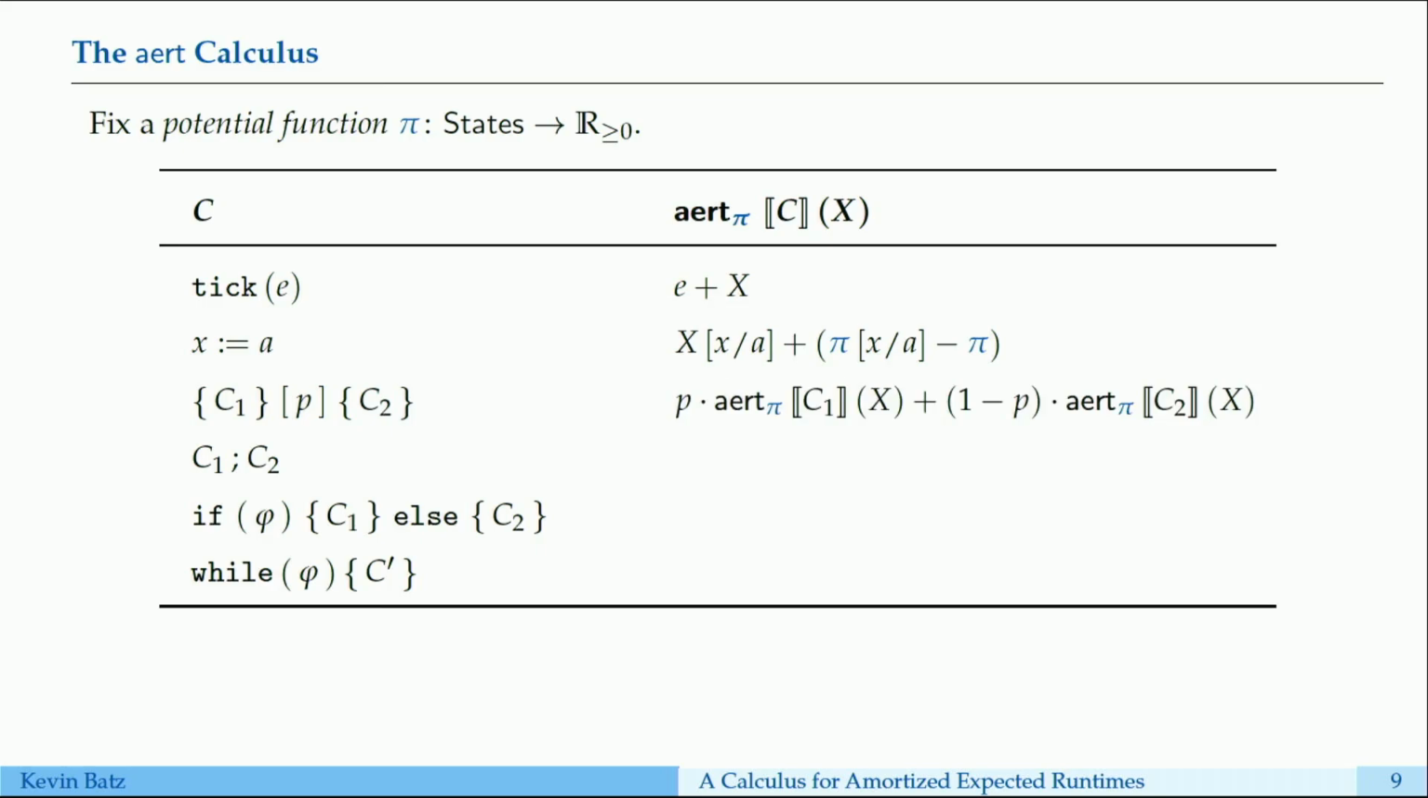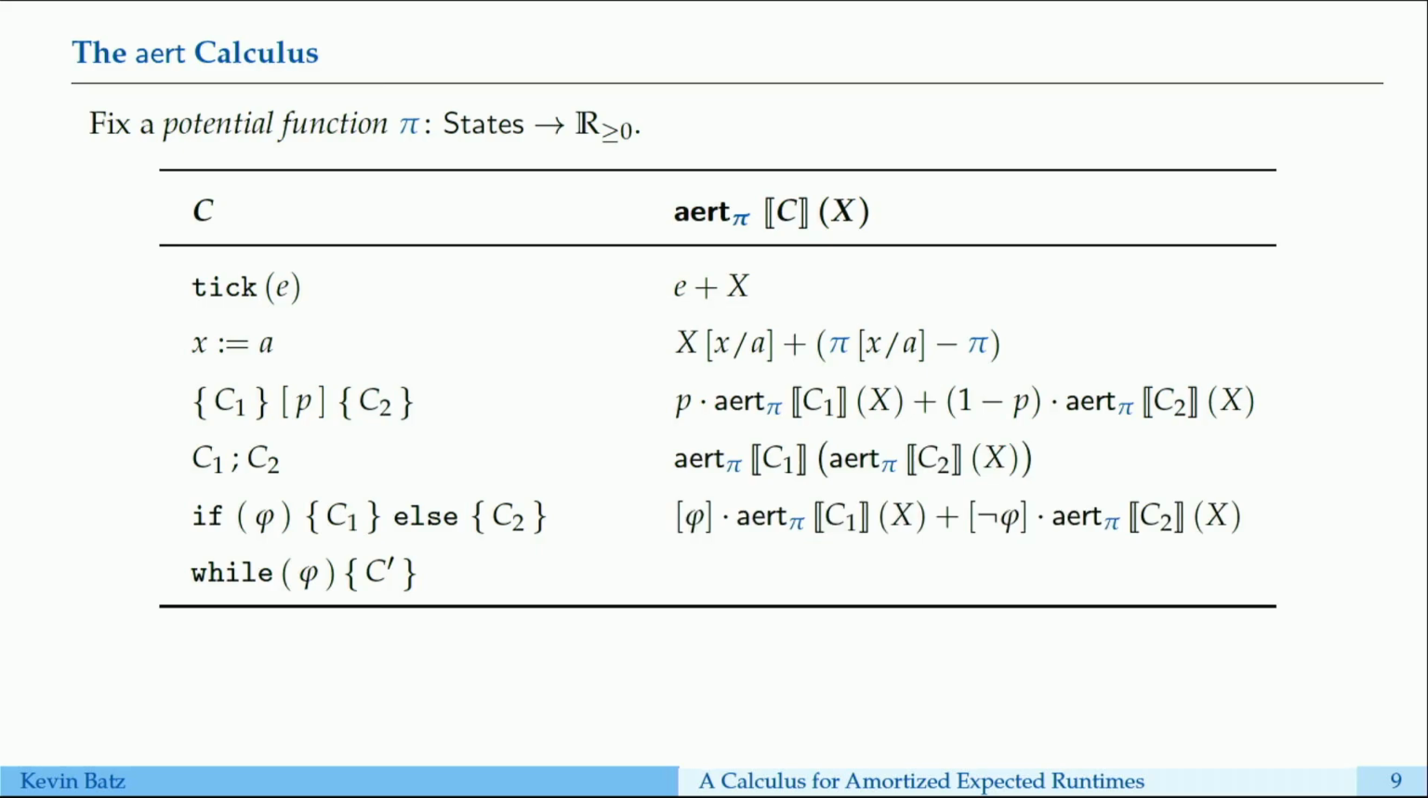Probabilistic choice is also quite intuitive. We first determine the aert of C1 and C2, add them up, and weigh them according to the probability of C1 and C2 being executed. Sequential composition is, as I've shown you on the previous slide, for conditionals. So this is the indicator function of the predicate phi. So this rule says if phi holds, consider the aert of the first branch, otherwise consider the aert of the